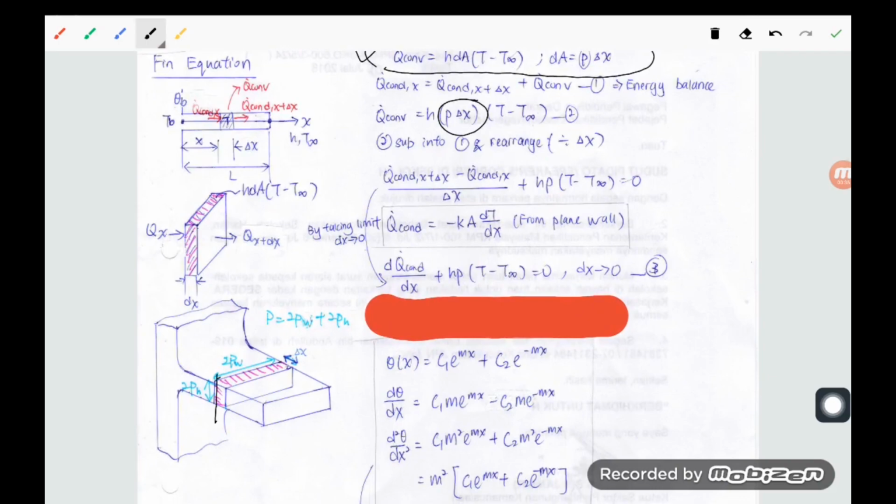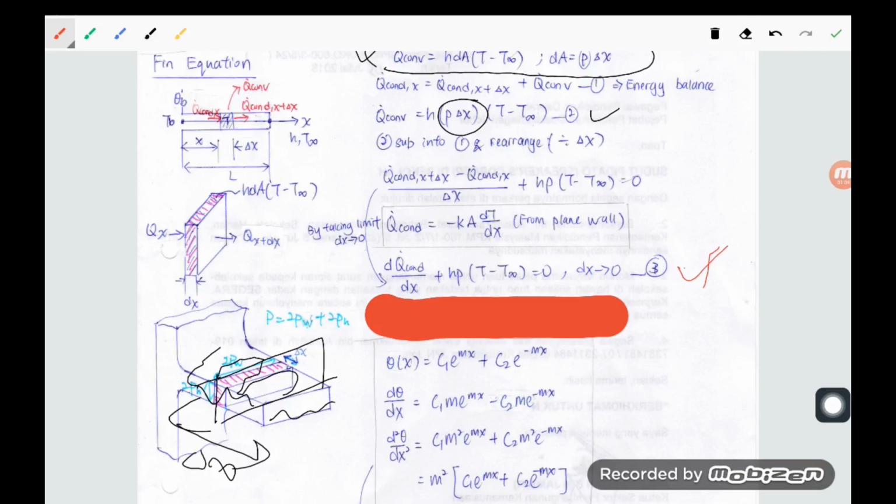For example, we can sum up all the sides of the fin and then multiply by the delta x. We have already involved the area that releases the heat, so we come out with equation 2. Rearrange all the equations and then we will get equation 3, and by taking the limit dx approaching 0,